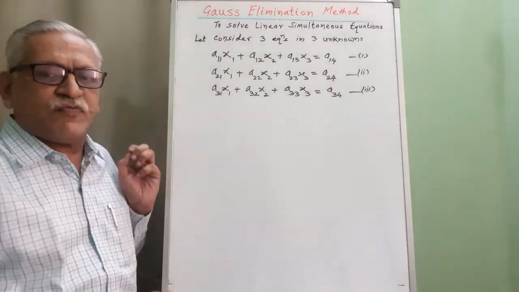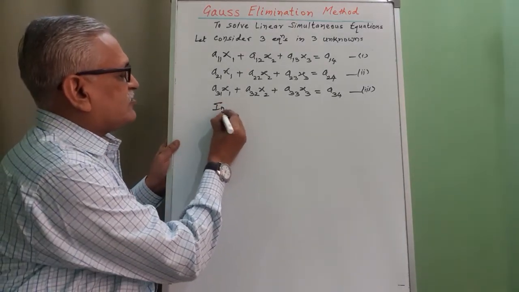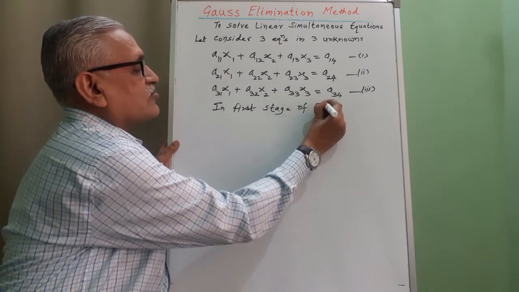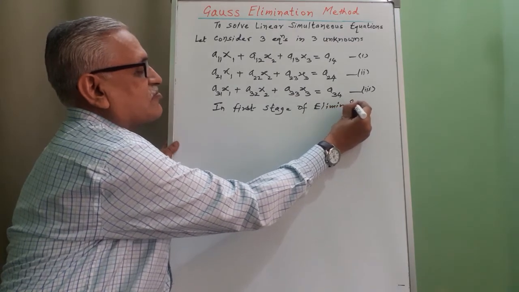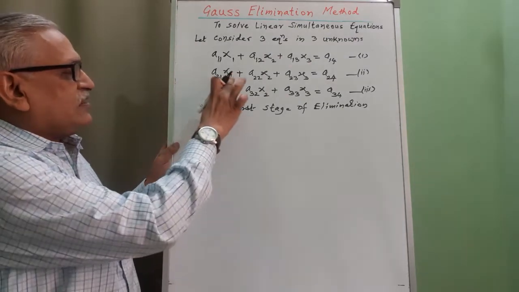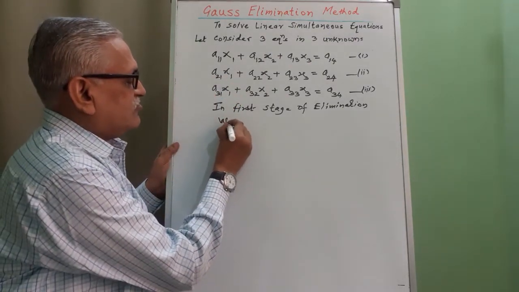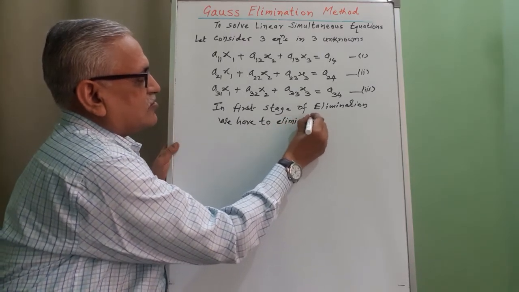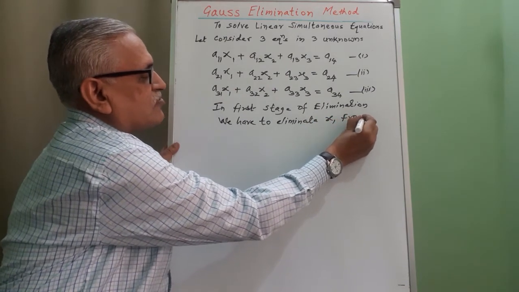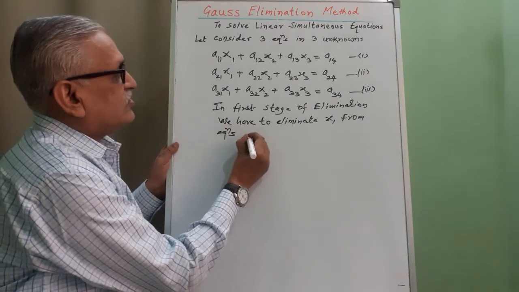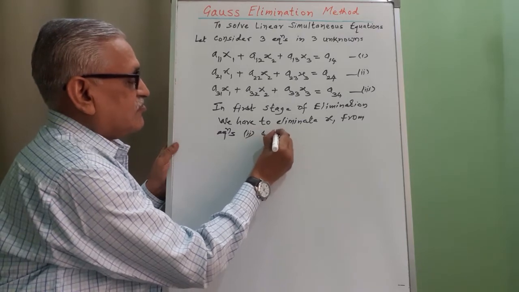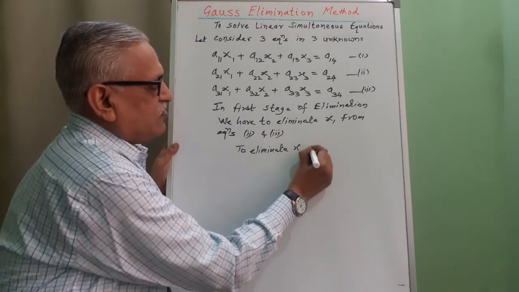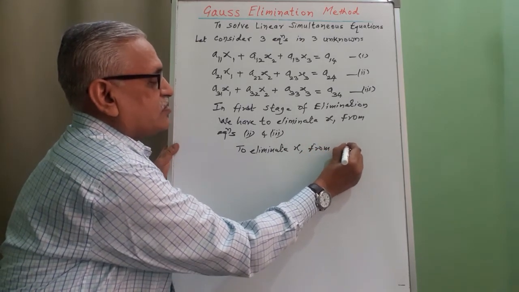And to determine it, we have to perform two stages of elimination. In first stage of elimination, we have to eliminate x1 from equation 2 and equation 3. To eliminate x1 from equation 2,